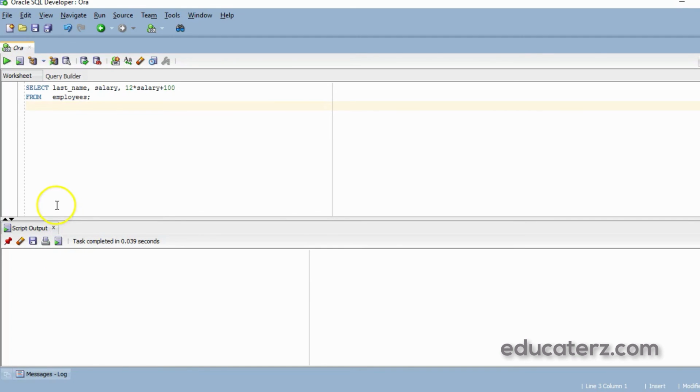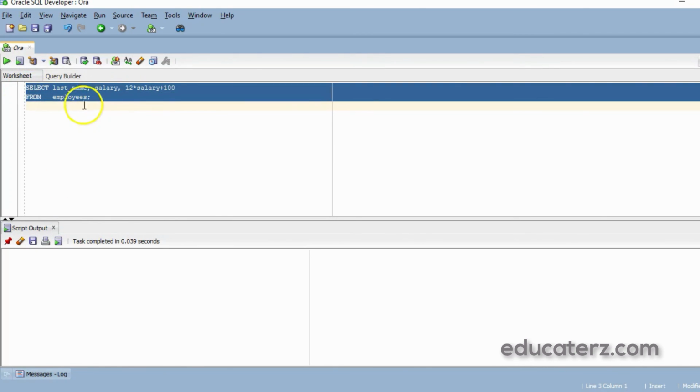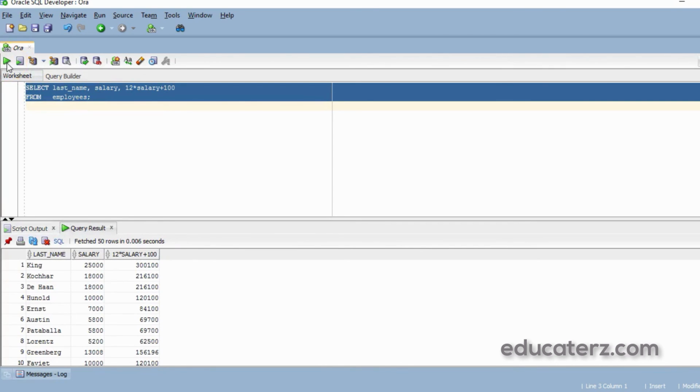I will demonstrate this query consisting of last name, salary, and this expression 12 star salary plus 100. Execute this. 25,000 is the salary of employee King, and in this expression salary is multiplied by 12. 25,000 into 12 is 300,000, and that is added to 100.